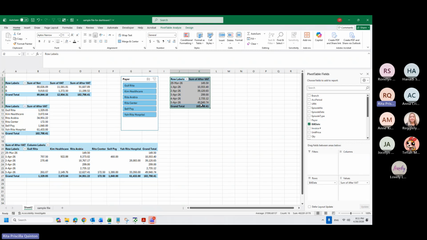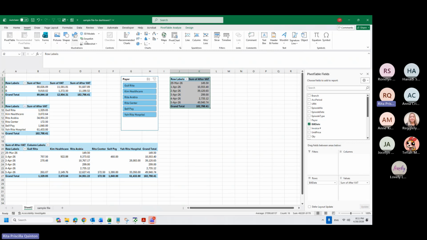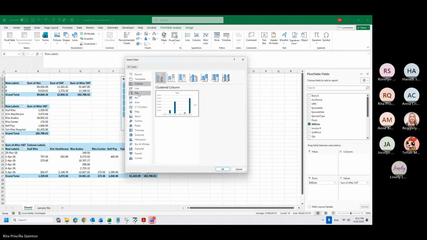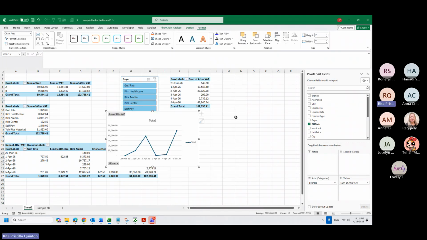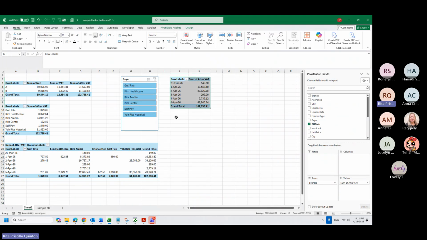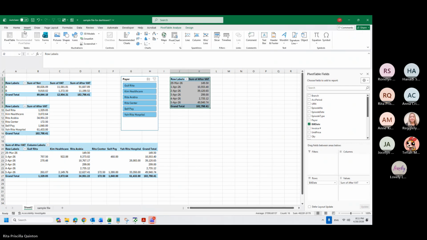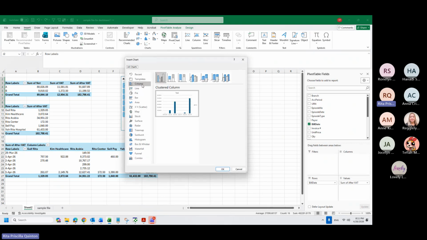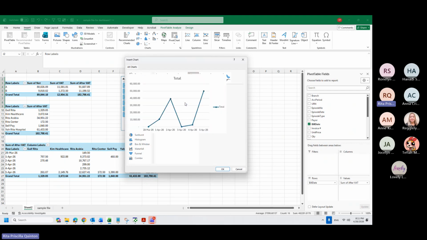From here, I will insert my chart. Let me pick this for example. Sorry, I will do it slowly. Select all the data here and then click insert recommended charts. You can pick which chart you want. Since I want to compare each day, I will select this.